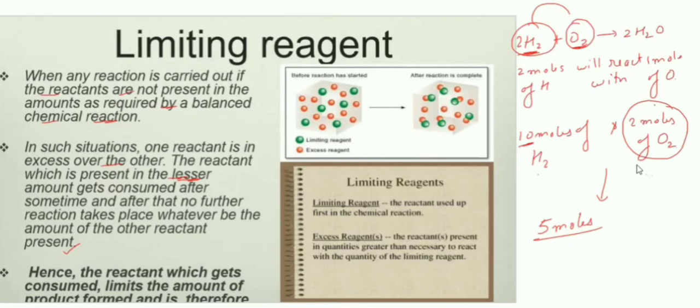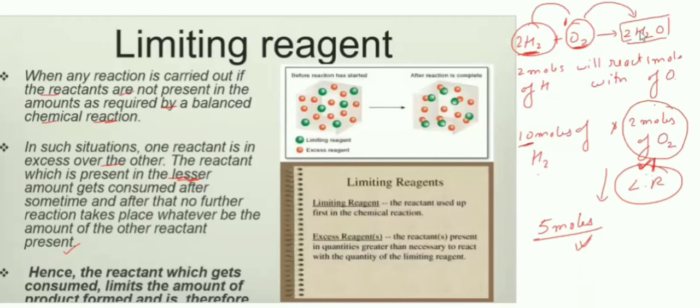So the quantity that we require is more, and we have been provided with a lesser quantity of oxygen. So in technical terms, oxygen is less as compared to hydrogen, and that is why oxygen becomes our limiting reagent. And with the help of the limiting reagent, we can calculate the amount of product formed. To calculate that, we will use our standard relationship that 1 mole of oxygen gives us 2 moles of water.